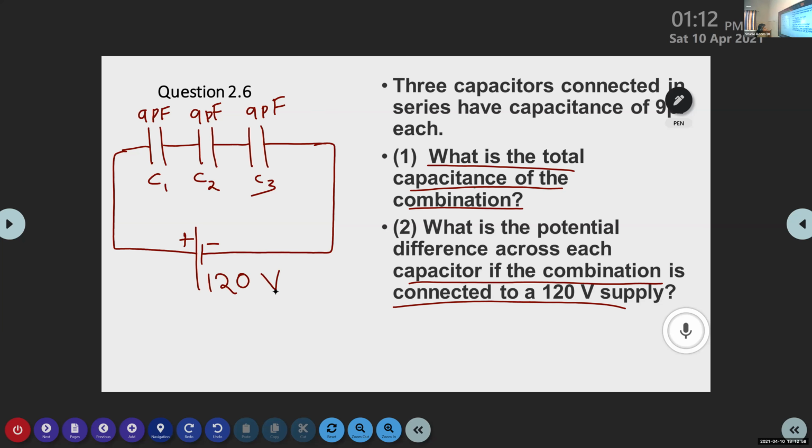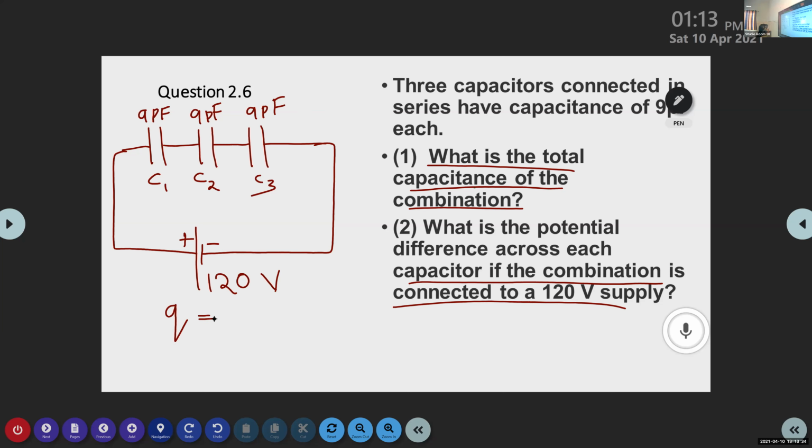What is the characteristic of a series combination here? Which parameter is constant? Which physical quantity is constant here? In a series combination, what is constant? Charge. Yes, very good. The charge remains constant. Q remains constant. And what is the equation for calculating the charge? We want to calculate the charge. What is the equation for calculating the charge? Q is equal to,